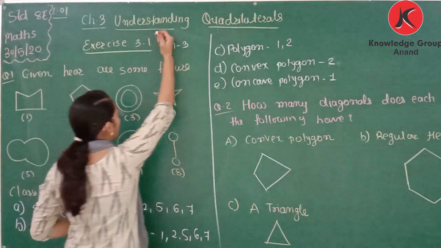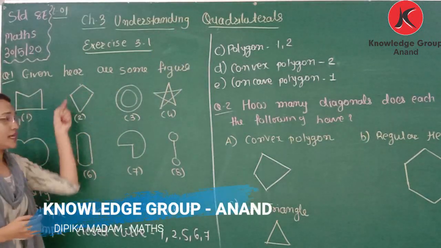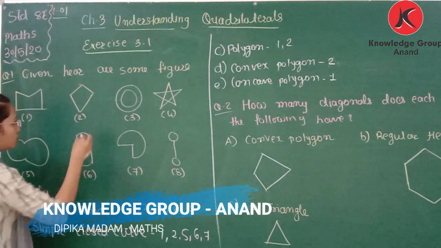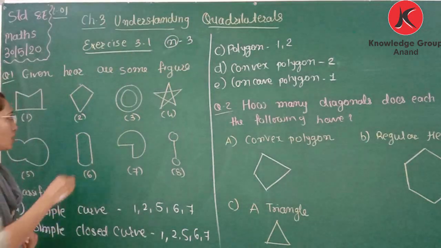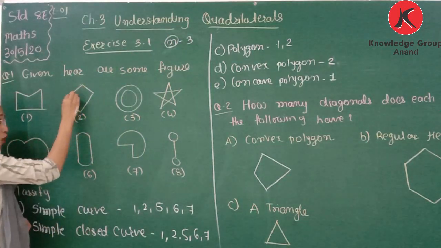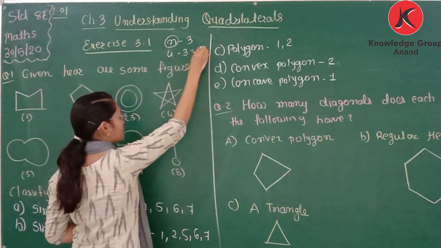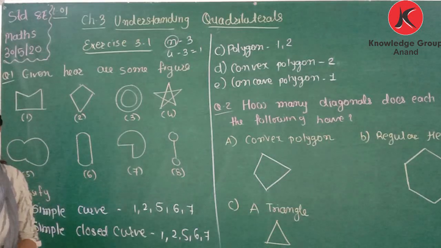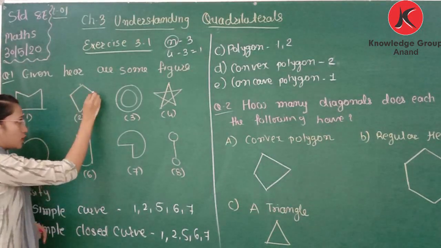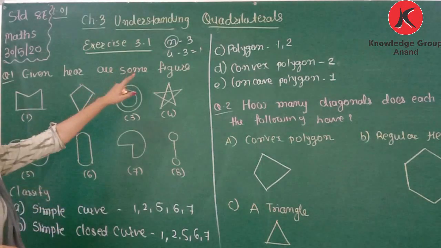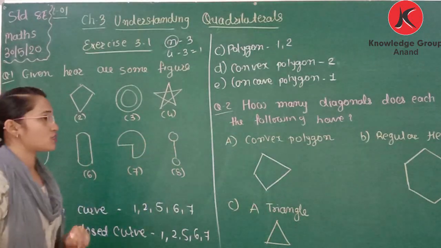For example, here it is a quadrilateral. So how many diagonals can be drawn from each vertex? For that you need to find n minus 3. What is n? Number of vertices. So how many vertices are here? 4, means you need to find 4 minus 3, that is 1. Means from each vertex you can draw one diagonal. So from this we can draw one diagonal, from this we can draw one diagonal. This equation gives number of diagonals drawn from each vertex of polygon.